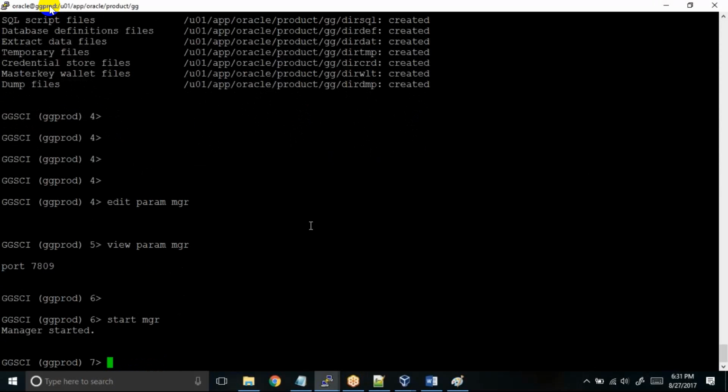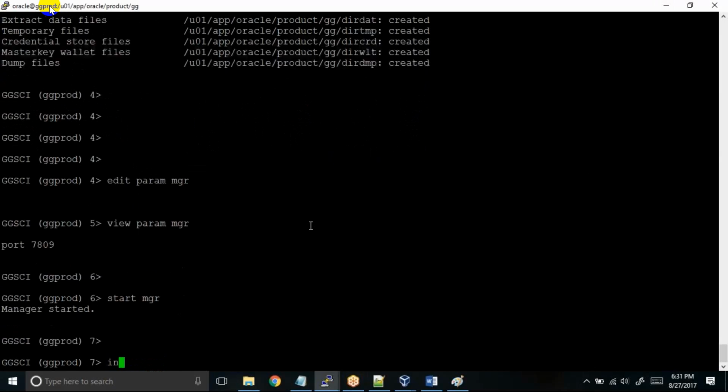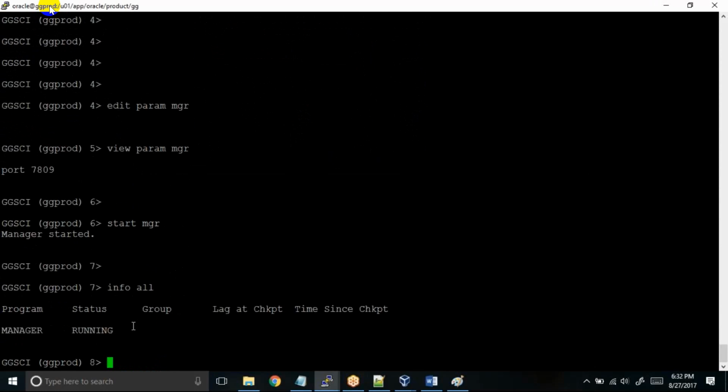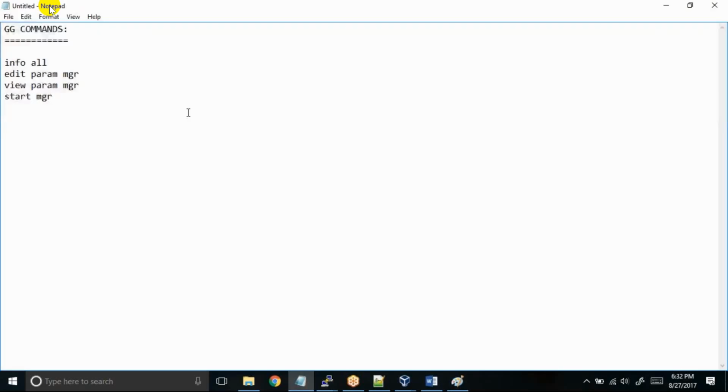Perfect. Manager is started. So how do you check the details? Nothing but info all. Now can you see the status has been changed to running? Earlier it was stopped. Also, one more new command for you guys. This exclamation mark is used to execute the